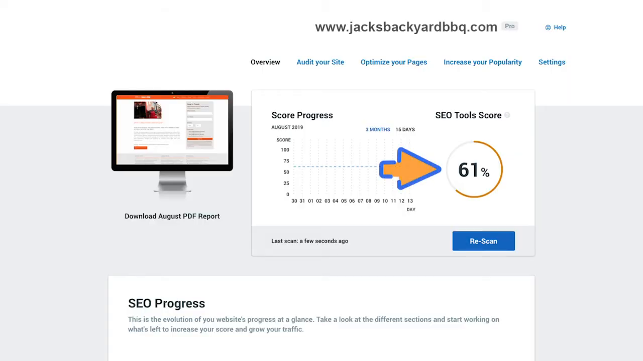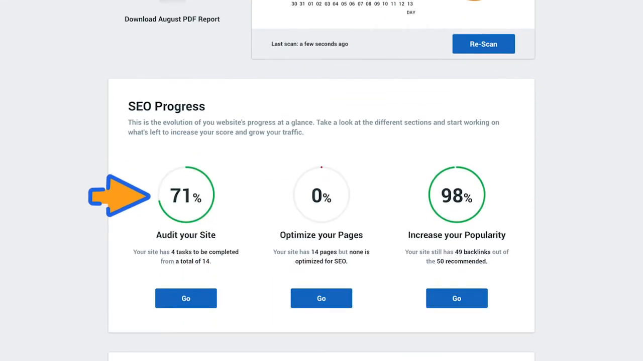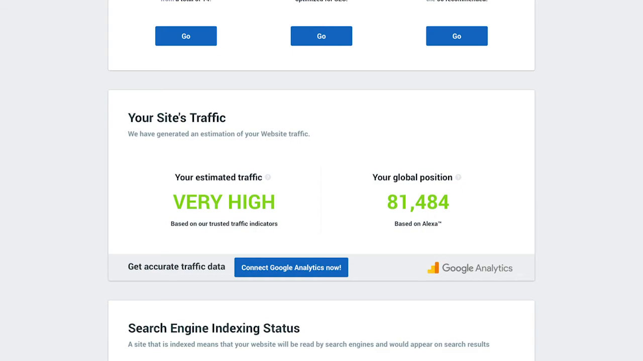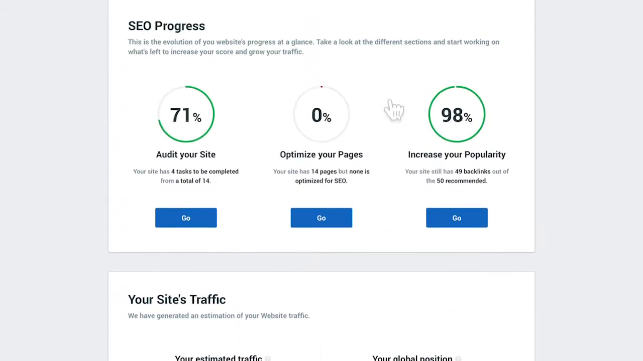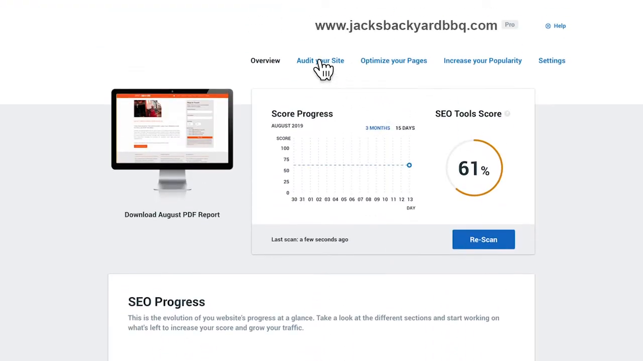We give you an overall score, an option to audit your site, optimize your pages, and increase your popularity. Towards the bottom of the page, you'll see a breakdown of your site's traffic, search engines your site is indexed on, and keyword rankings. Scroll back to the top of the page and click Audit Your Site to see your